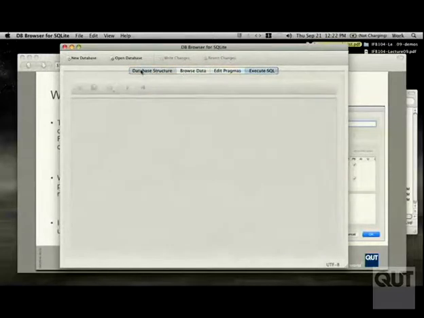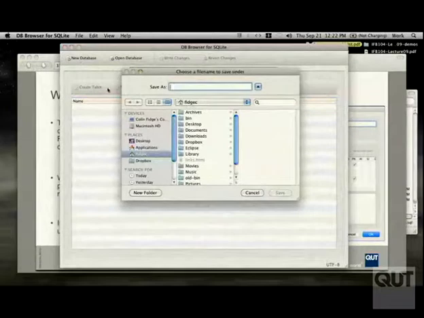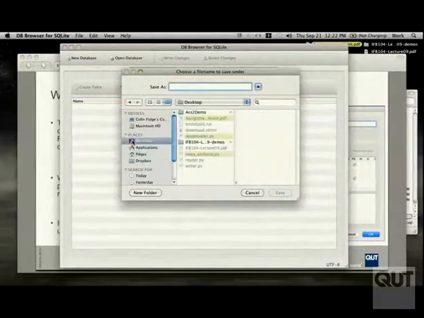There's just nothing in here. But if I want to create a database, I can say new database. So there's a button here that says exactly that, create a new database file. So I'll create my new database file. It's asking me where to put it. It's going to go on my desktop like everything else does. I'll call it